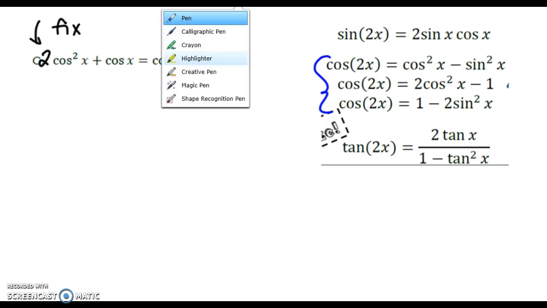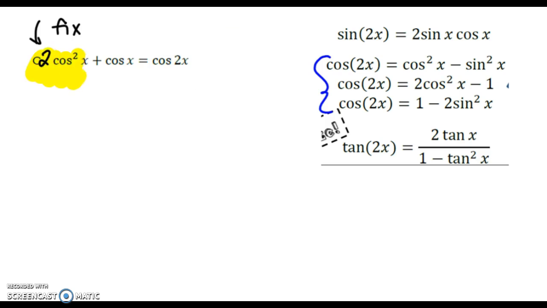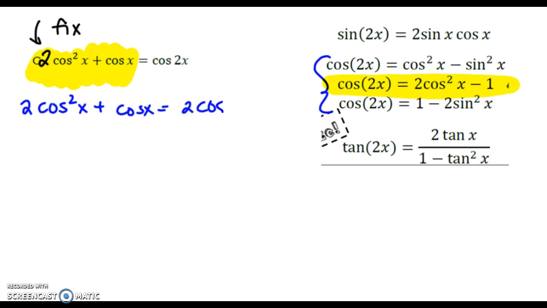I'm going to look at the left-hand side. And as I'm looking at the left-hand side, everything is in terms of cosine. So I probably don't want to bring a sine squared in, so I'm going to focus on using that middle substitution. So we have twice cosine squared of x plus cosine of x equals twice cosine squared of x minus 1. From here, I'm going to take away